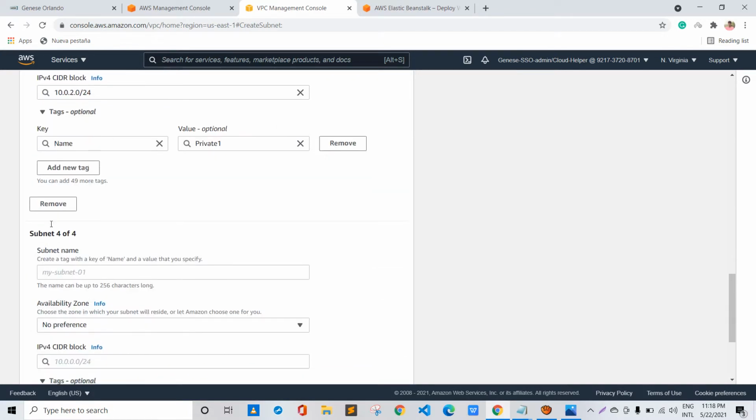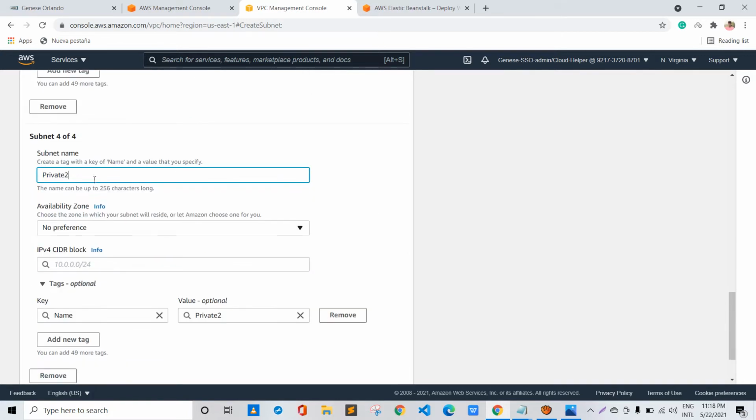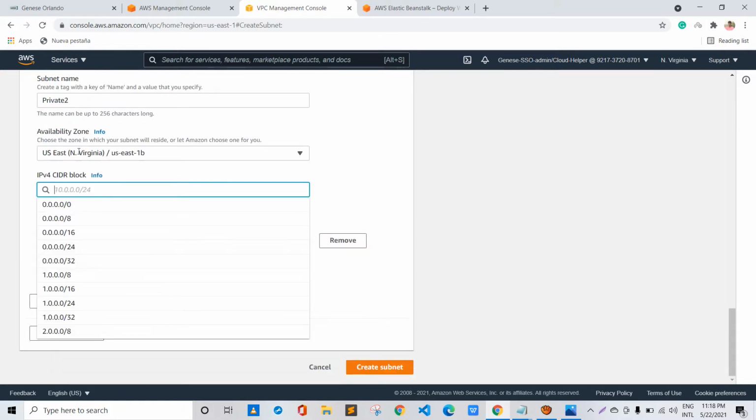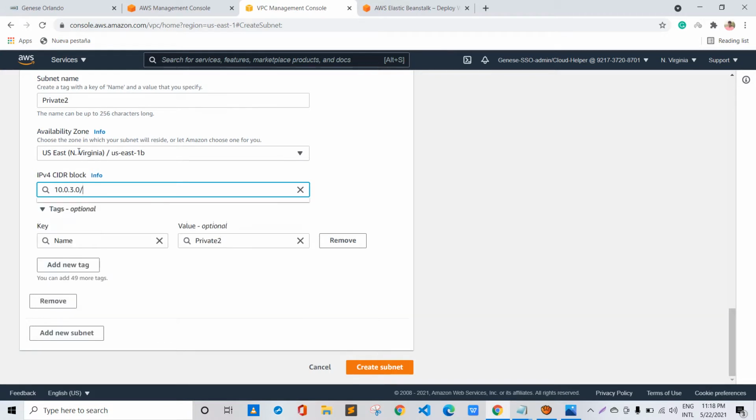Again I will add a new subnet and name it private 2, and for this I will choose US East 1B, with 10.0.3.0/24. The subnet IPv4 CIDR block should be within the VPC CIDR range that we have created, 10.0.0.0/16.